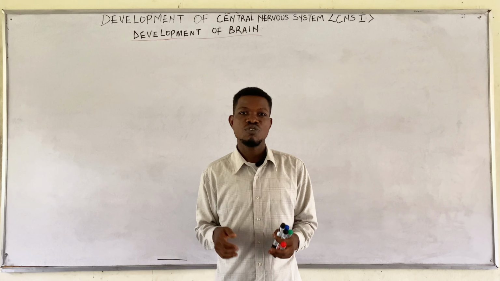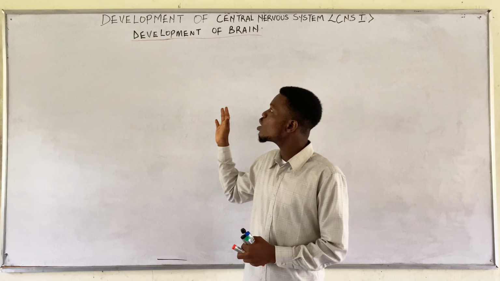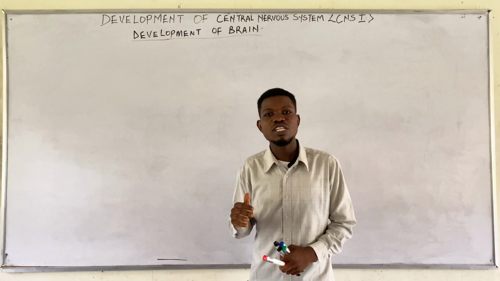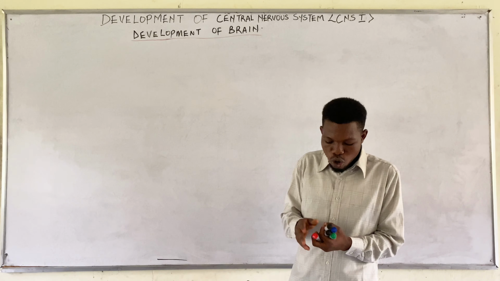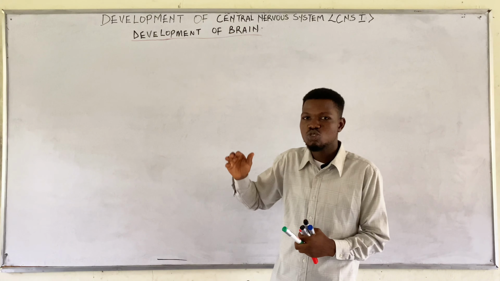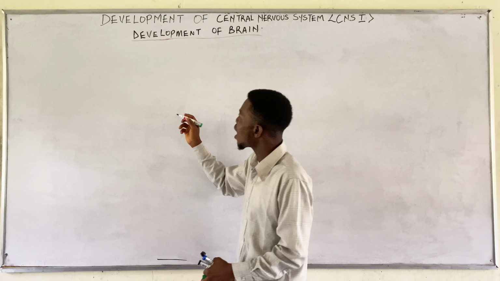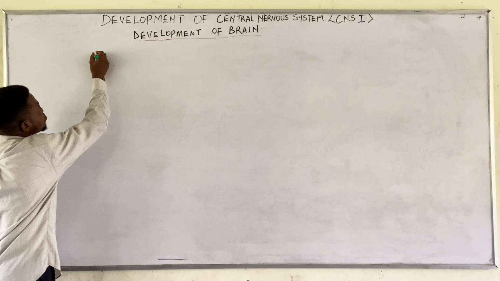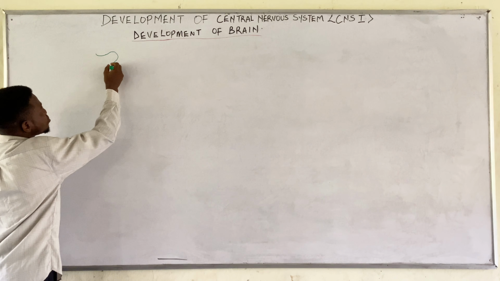Hi, it's Anterior Rami. This is the second part of the development of the central nervous system. In this video, we want to look at the development of the brain, which is the cranial part of the neural tube. You know, when we have the complete formation of the neural tube around day 25 and day 27, when the neural pore closes up, this is how it looks like. This is the development of the brain. This development of the neural tube, rather,